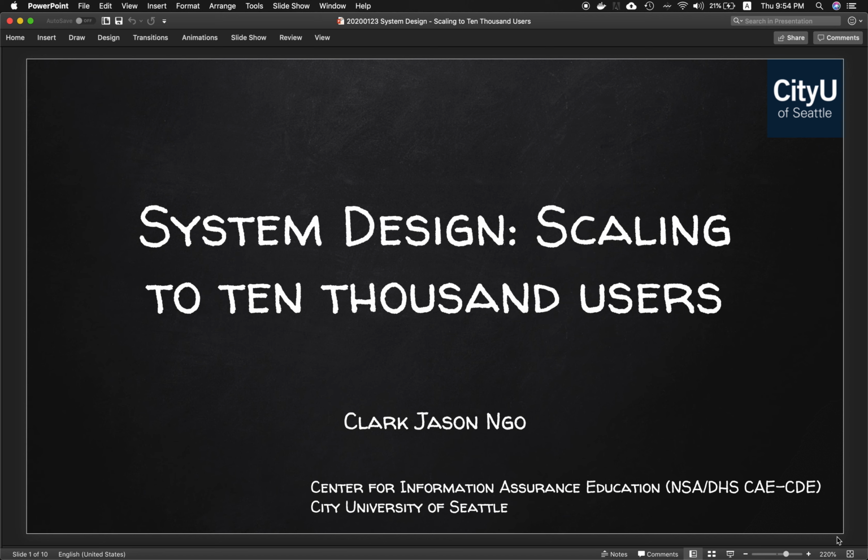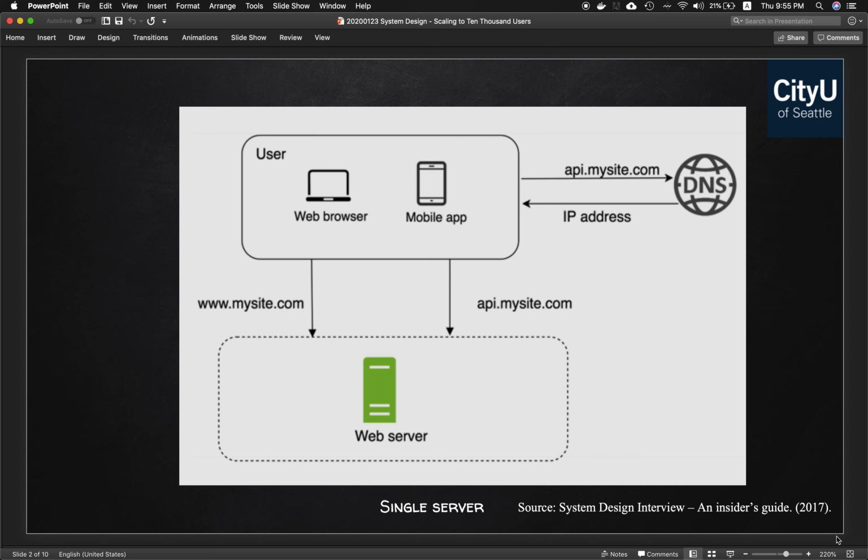Okay, so my topic for today is system design, scaling to 10,000 users. Just because I didn't get enough time to copy paste the diagram to 10,000 users. And why system design? Because I really like diagrams. Gives you a really clear picture about everything, right? So we can start over with the next